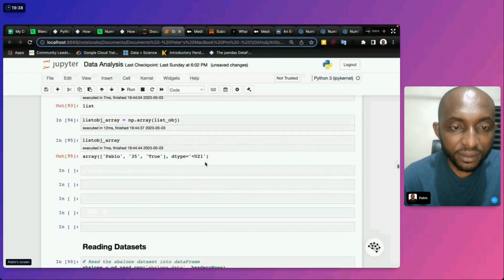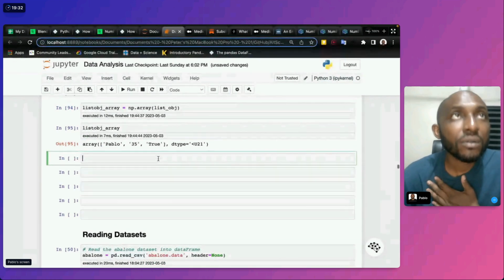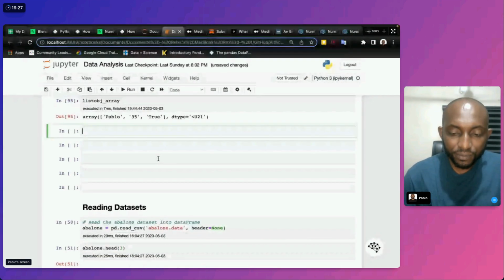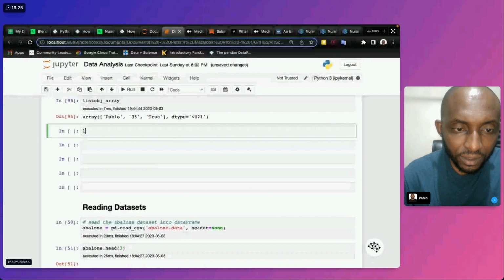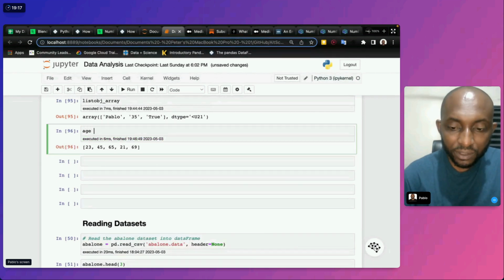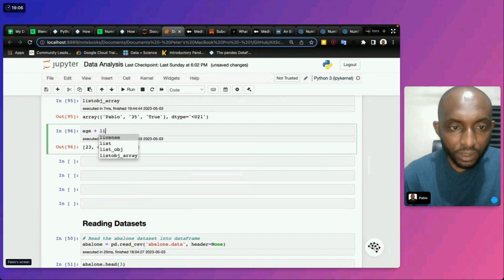So check this. We have list_age, I think it's age, right? And then we say plus list_num_trips.